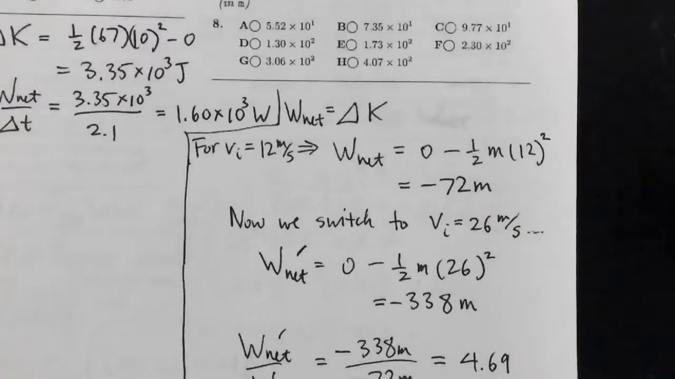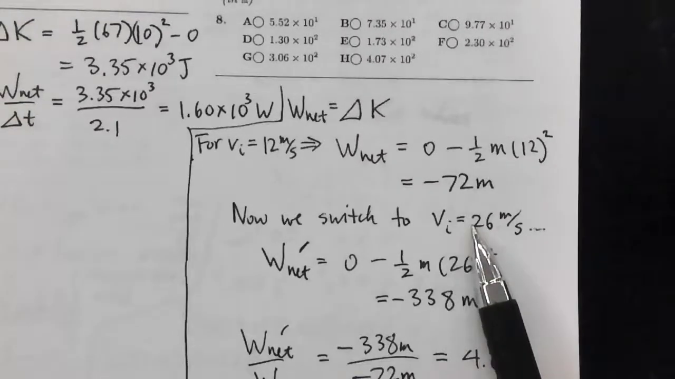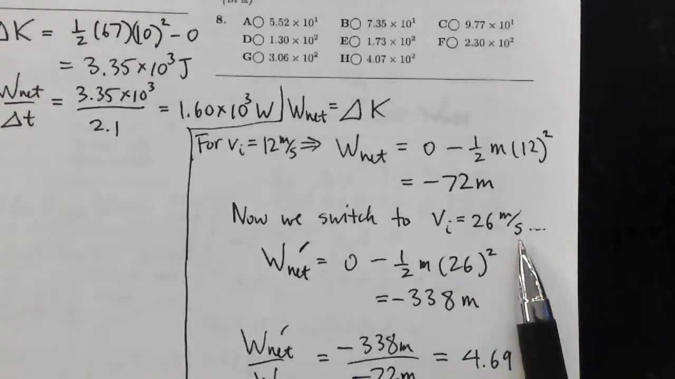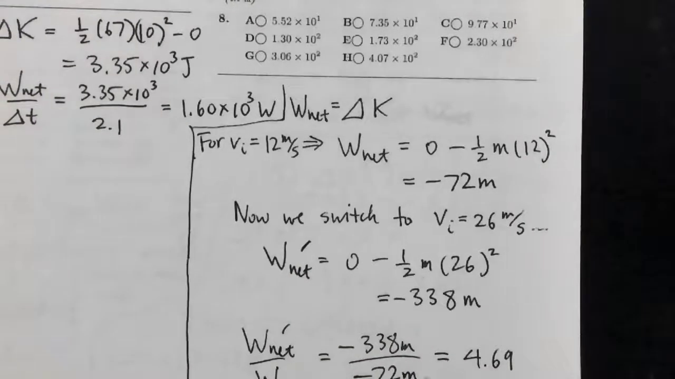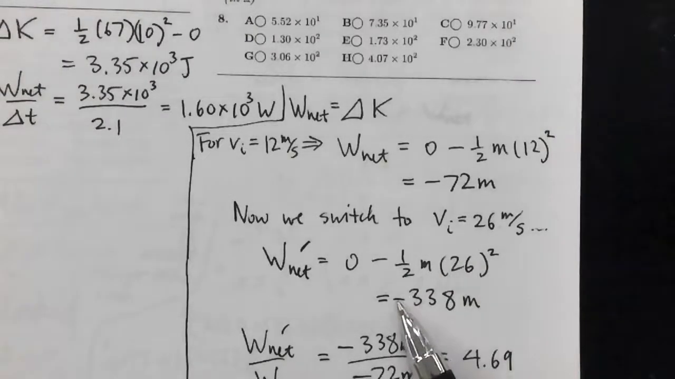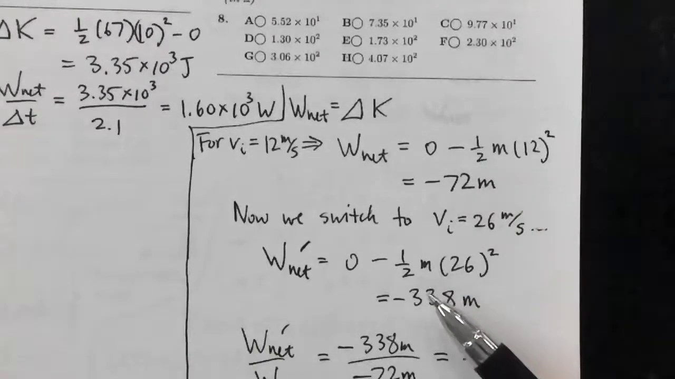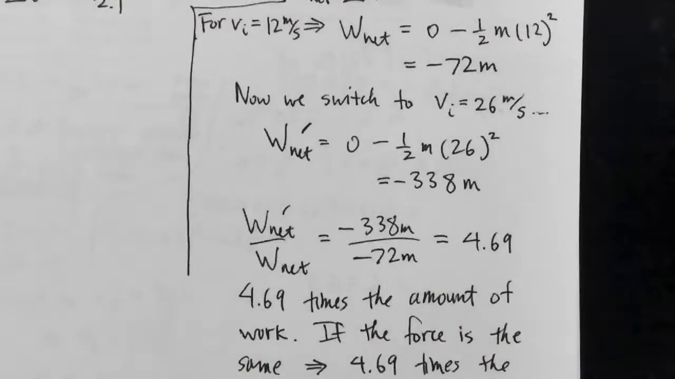So now, what we'll do is we'll just figure out the same thing for the new speed. So if the new initial speed is 26 meters per second, then the net work done by all the forces will be minus 1/2 m 26 squared, which is minus 338 times m. So I can compare 338 versus 72. Okay, there's a factor of 4.69. So it needs to do 4.69